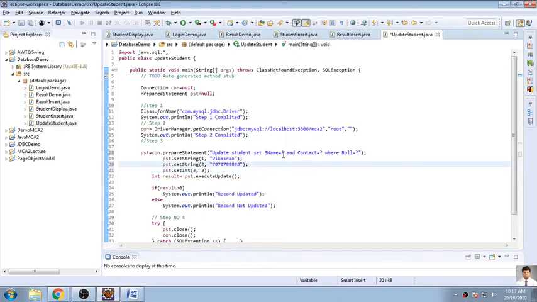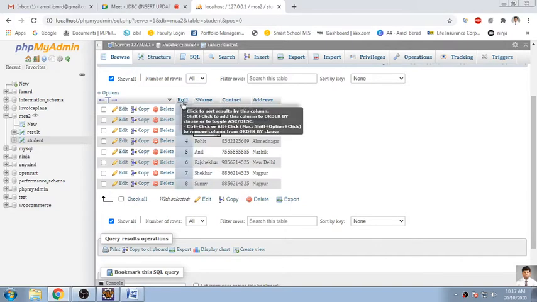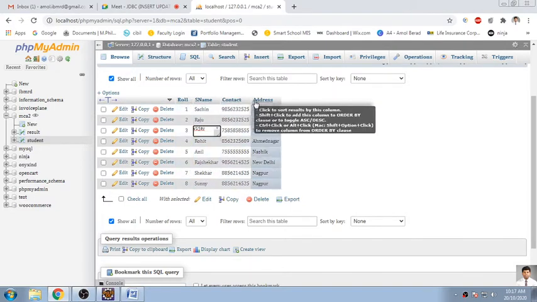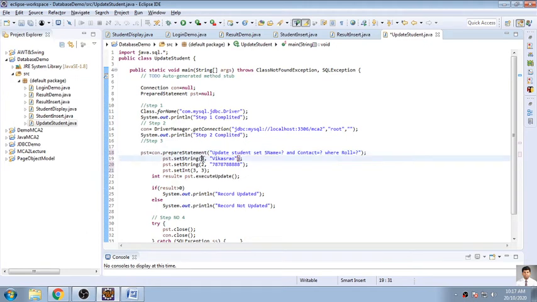The index you have to start with is the first one; keep in mind this is not the column number. We are not concerned about that. We are setting the index numbers 1, 2 and 3 based on where the question mark is located. So this is my first question mark, the value will be Vikas Rao. The second is contact, with the second question mark, and the value will be provided in this setString. And the third one, as it is an integer, I am using setInt with the third question mark because it is at the third location, and I have passed the value here.